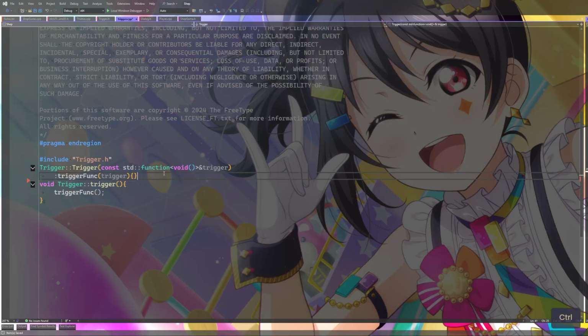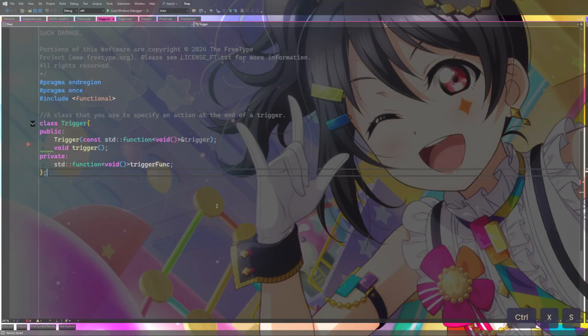Because trigger... oh, oops. We just set is active to false after. It should be is active as false, then call on complete, because that might set it again. So it wasn't that the trigger wasn't working, it's that I had a bad set of events. So maybe this is still fine. Maybe that is valid C++, because I was hoping that would work initially.